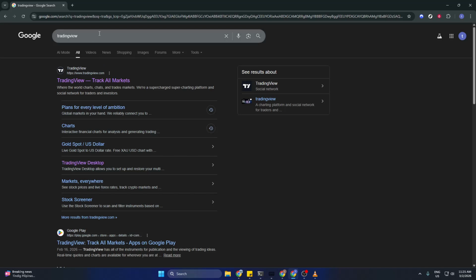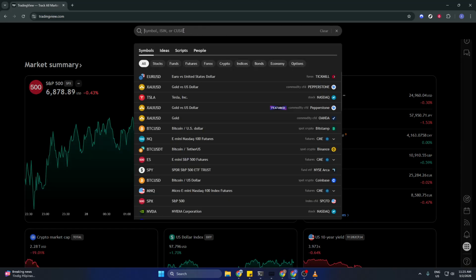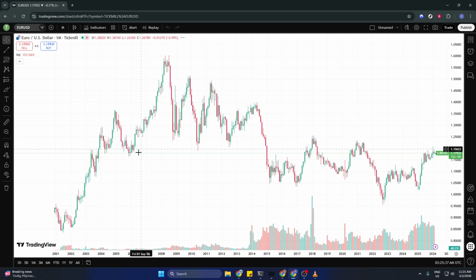Begin by opening your browser and searching for TradingView on Google. Click the official TradingView website to load the platform. Once you're on the home page, look for the search field at the top of the page. This is where you can find any market. Type in Euro versus United States dollar, which you'll often see listed as EUR/USD, and select it from the results